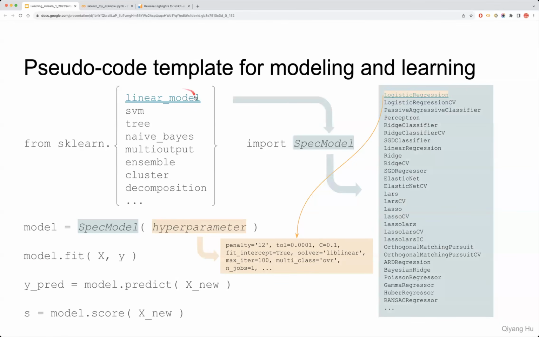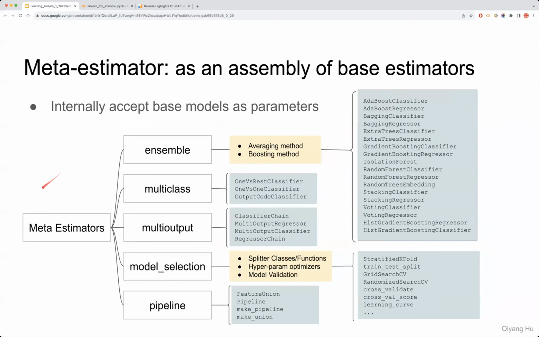All those modules are related with hyperparameters, for example, in this logistic regression, we have all those hyperparameters in the parameter list. But there is a very special module that we call ensemble. Ensemble is a very special type of estimator that I want to specifically list here, because